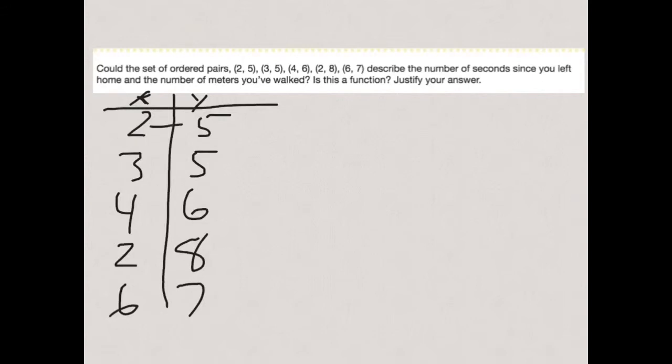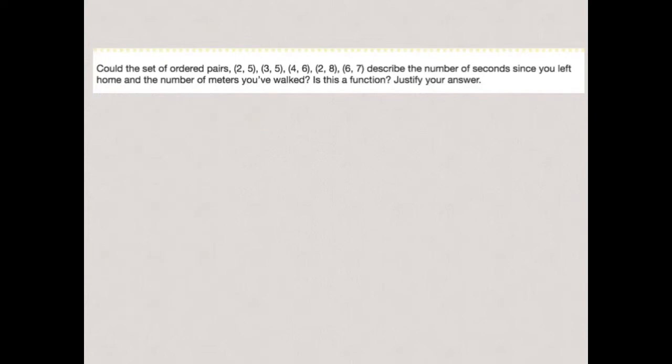Now, I can look, do I have any domains that repeat? I do. 2 comes out twice. That means it needs to have the same range or same y. They don't. Since 2 equals 5 in one case and then 2 equals 8 in another, I could say this is not a function. If I was to graph this,